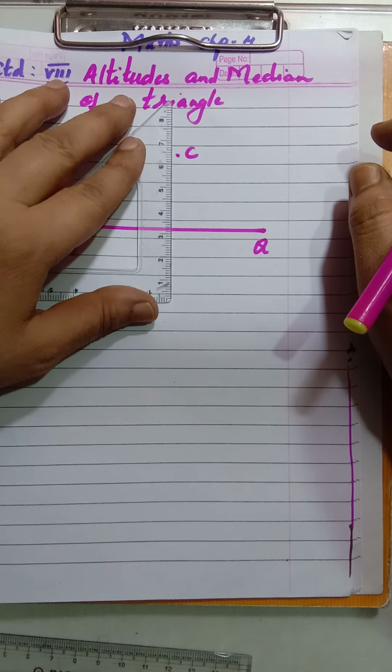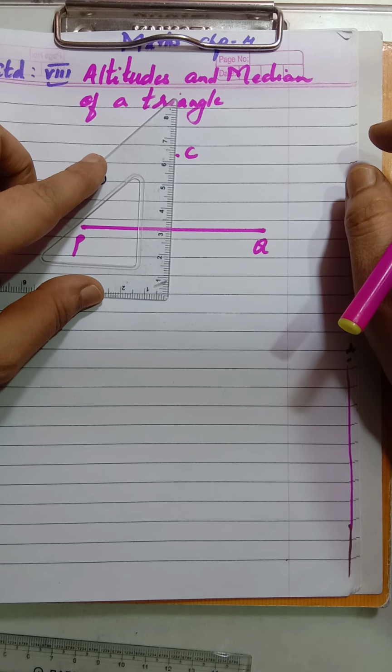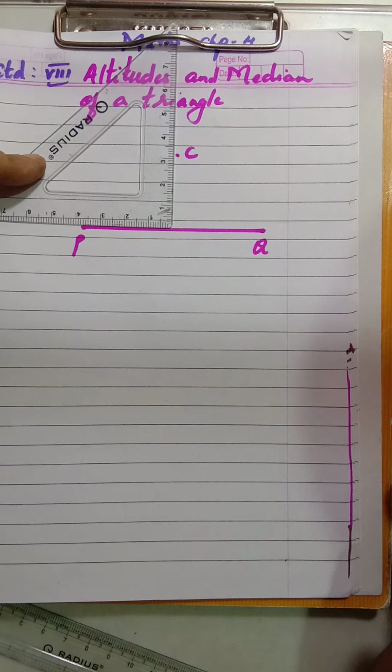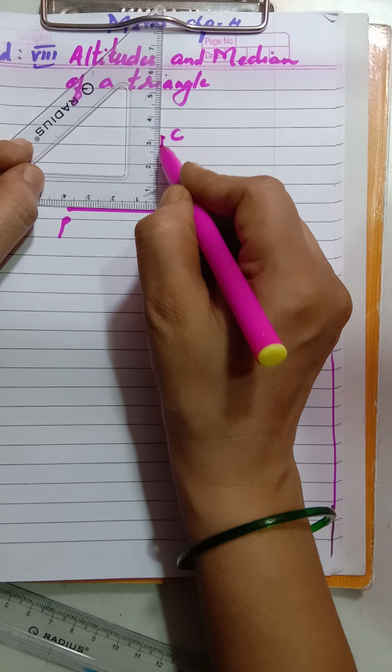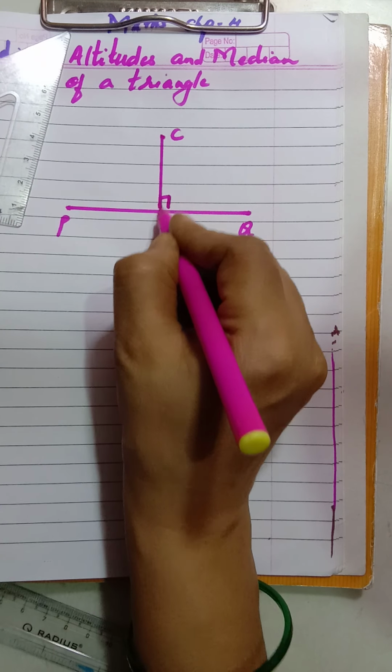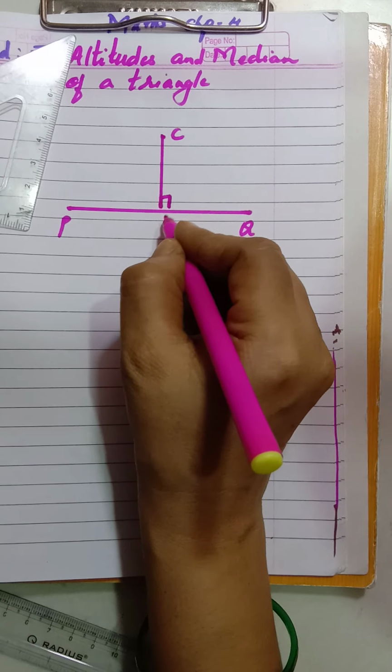What you will do, take your set square. Now you are going to hold this set square properly, adjust this this way, and you can see that this straight perpendicular line you are going to coincide with the point, and the other base of this set square should be parallel with the line segment, touching properly, like this way. And now you are just drawing a perpendicular. So your perpendicular segment, you can name anything, for example CD.